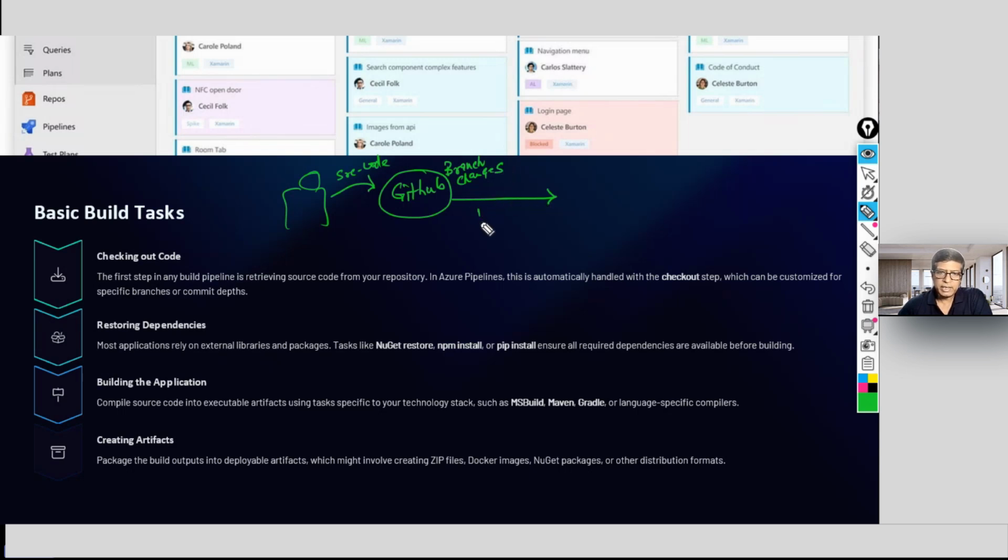So you have integrated, this is called CI, continuously integrating all the changes into a desired or designated branch. So it has come and integrated with the pipeline. So the pipeline starts. This is the starting point. That is called checking out of the code. This is checkout of the code that will happen automatically once you trigger the pipeline. The pipeline will bring in the code after there is an activity over there. So this is called checking out of the code. This is the first step in any build pipeline.